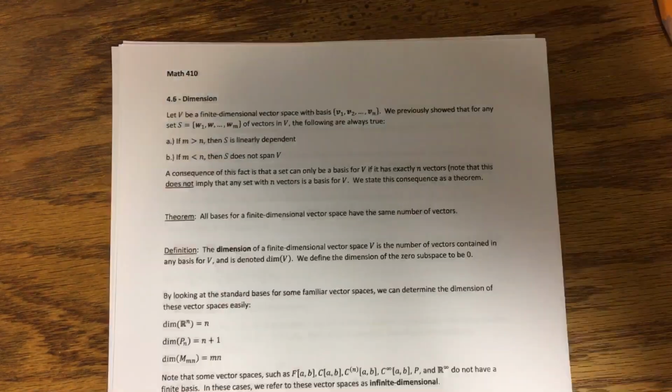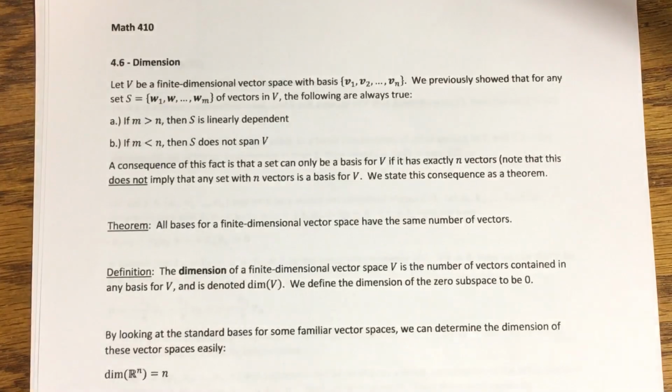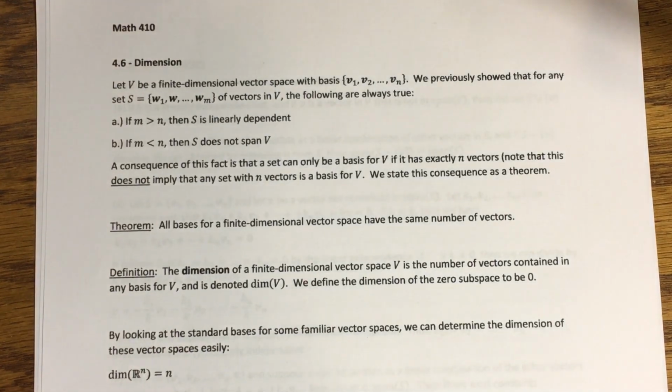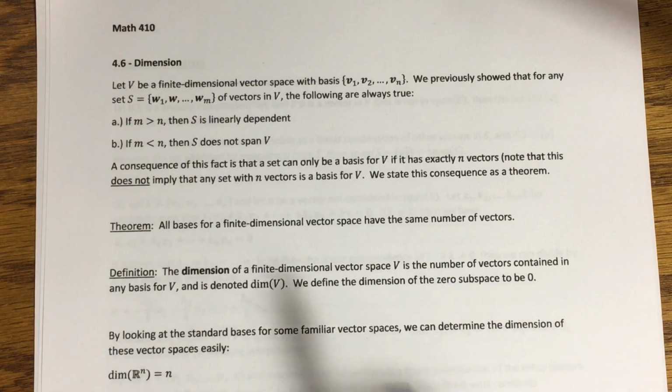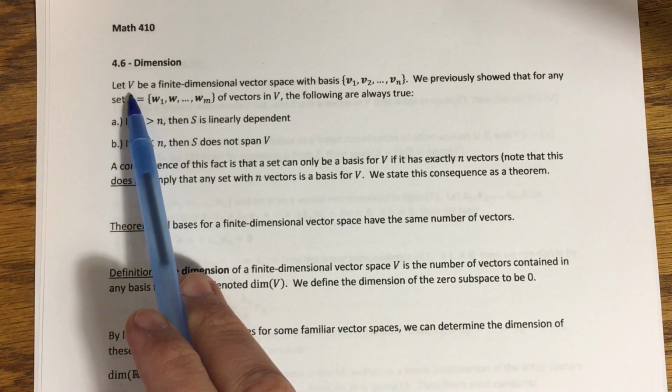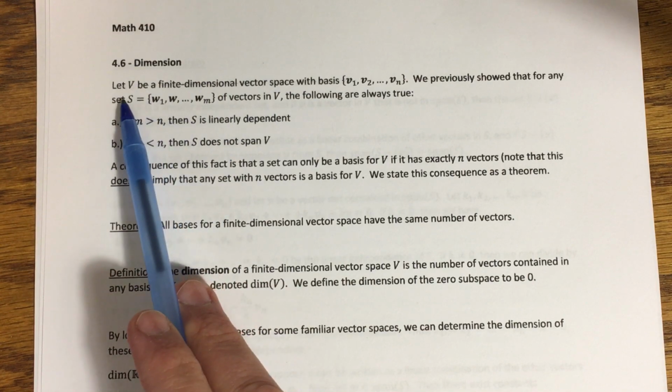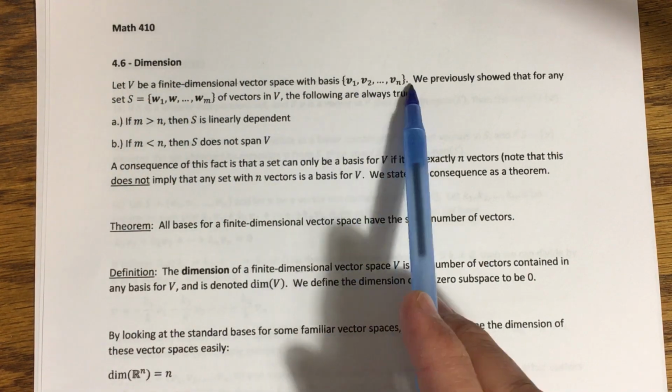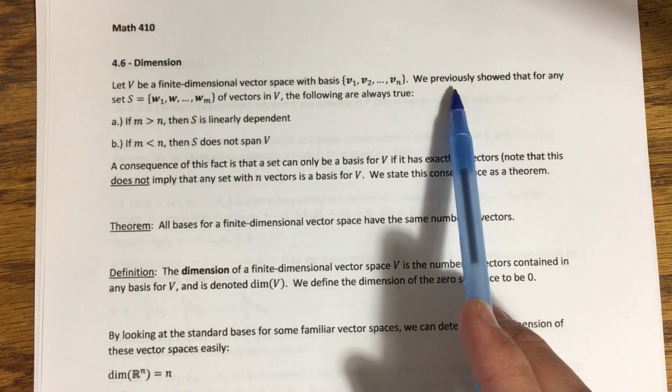Okay, so here we are in section 4.6. We're talking about dimension of vector spaces. And just to remind you of a theorem that we talked about in the previous class, if you have a finite dimensional vector space, V, with a basis that looks like this, V1 through Vn,